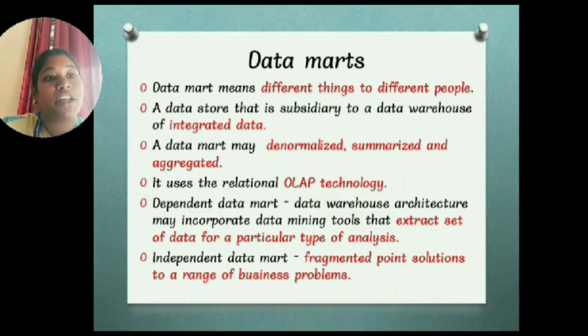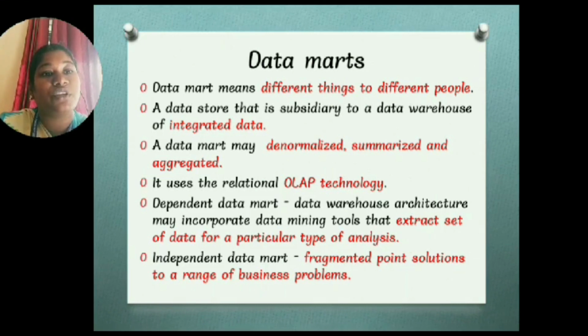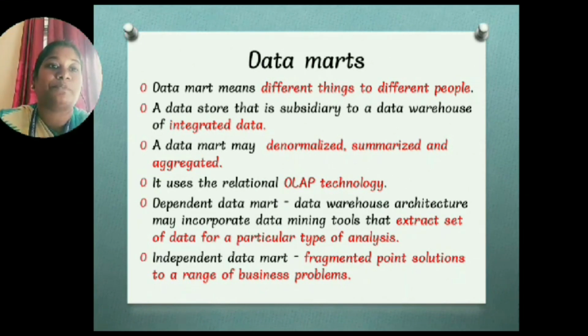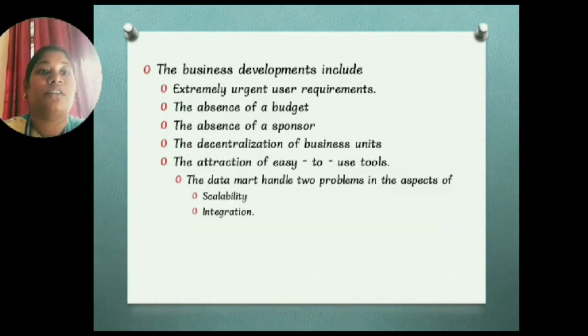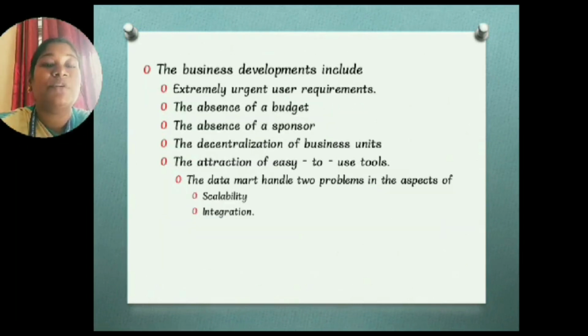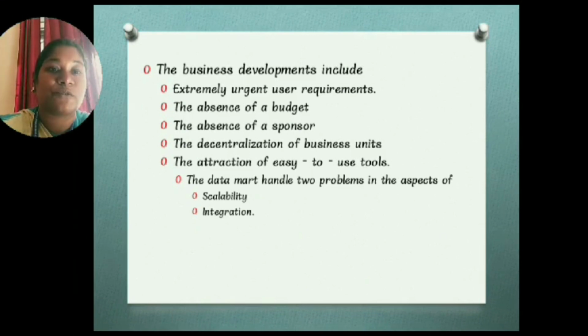The dependent data mart extracts a set of data for a particular type of analysis. Independent marts fragment point solutions to a range of business problems. Business problems include extremely urgent needs, budget, the absence of a sponsor, the decentralization of business units, and the attraction of easy